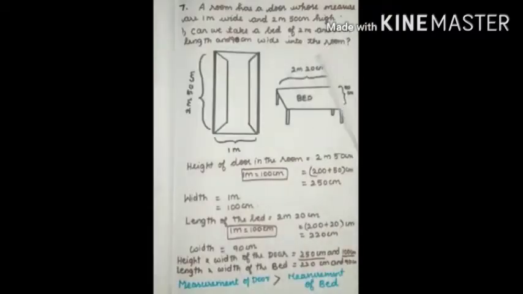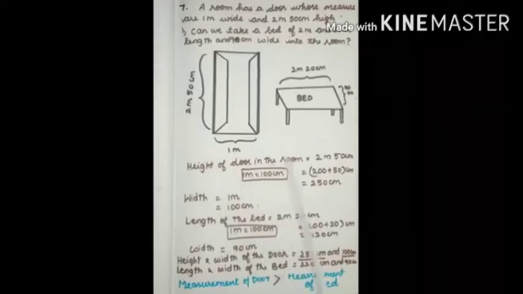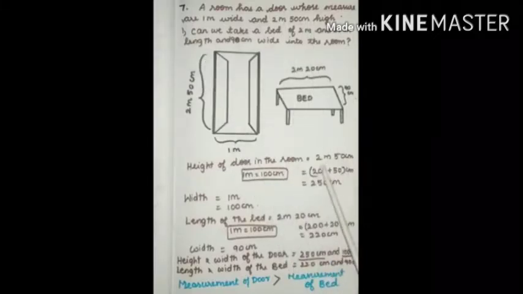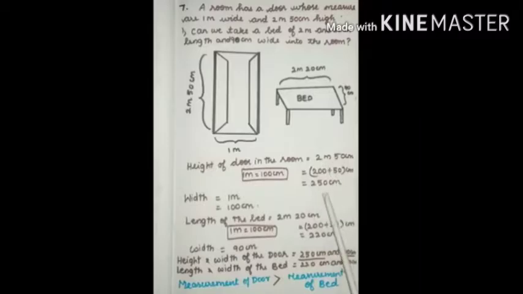Friends, it's clear now? First, we have to write the height of the door in the room in centimeter. Here, the given question is in the mixed form of meter and centimeter. First, we have to convert this meter into centimeter. Students, note it carefully. If the given question is in mixed form like meter, centimeter, kilometer, meter means first you have to convert this into lower units. Here the lower unit is centimeter. So we have to convert this meter into centimeter only. So after converting meter into centimeter, what answer you will get?